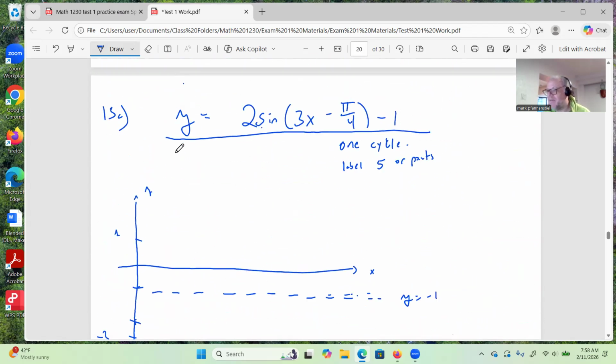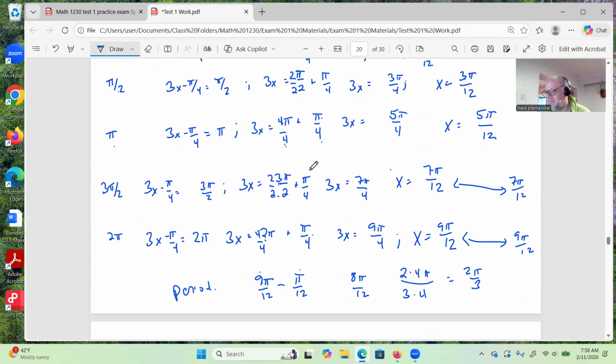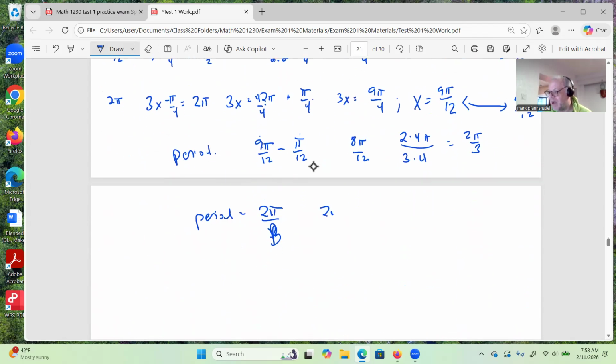Okay, so we're going to look all the way back up here. B is 3. Okay, so my period is 2 pi. Oh, look at that. They also match. So that's good. As far as my phase shift goes, now remember, phase shift, we